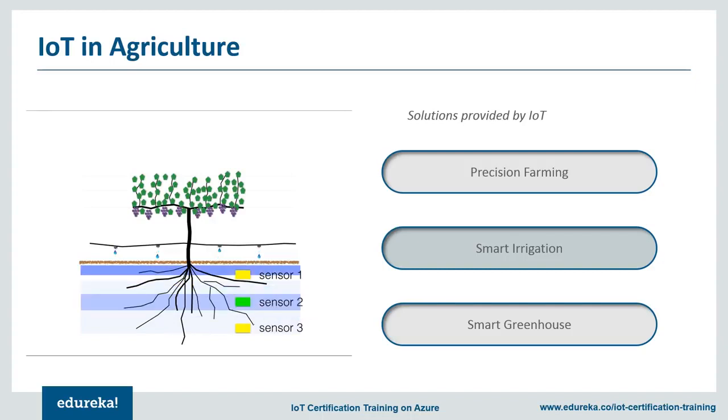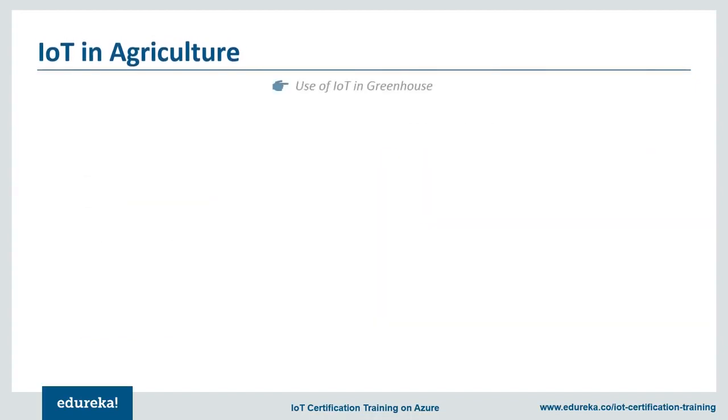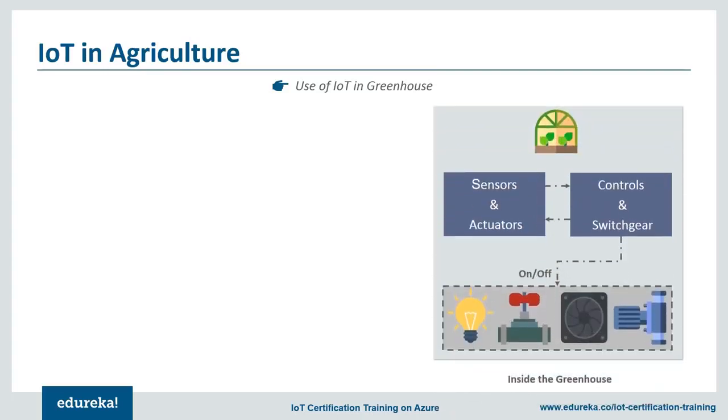But one of the more intriguing solutions is the smart greenhouse. A lot of you might be wondering, what is a greenhouse? So, the greenhouse is a farming technique where you can increase yield by controlling natural parameters. So, if we could use embedded devices in these greenhouses, we could not only monitor it regularly, but we could practically control the climate inside the greenhouse.